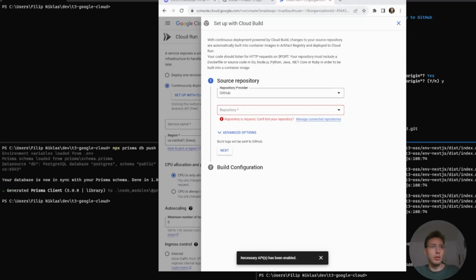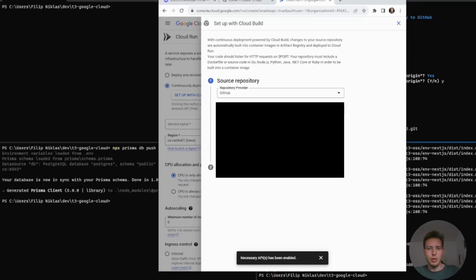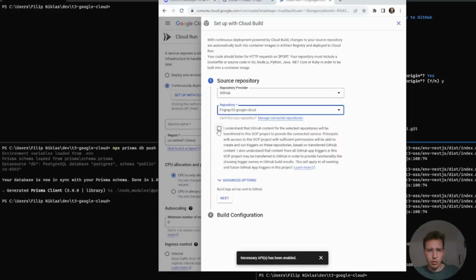So I'm going to select the T3 Google Cloud I just made, and I'm going to save that, and it's going to redirect me back to this page, and I am going to select, there we have it, yeah,